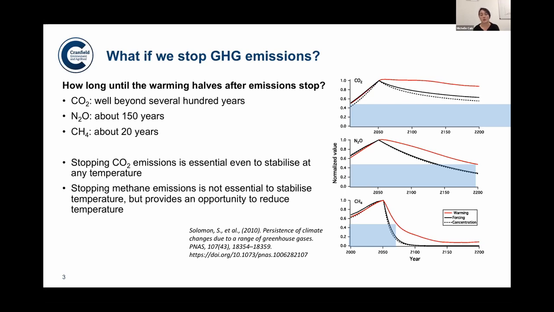So for CO2 in the top panel, the warming from the CO2 emissions is in red, and then the radiative forcing, which is the perturbation to the energy balance of the climate system, is in solid black, and then the concentration of CO2 in the atmosphere is the dashed line. So you can see even after CO2 emissions completely stop, the temperature impact remains relatively the same for the whole simulation up to 2200. So this is 150 years later, you've still got that elevated temperature, and the blue shading